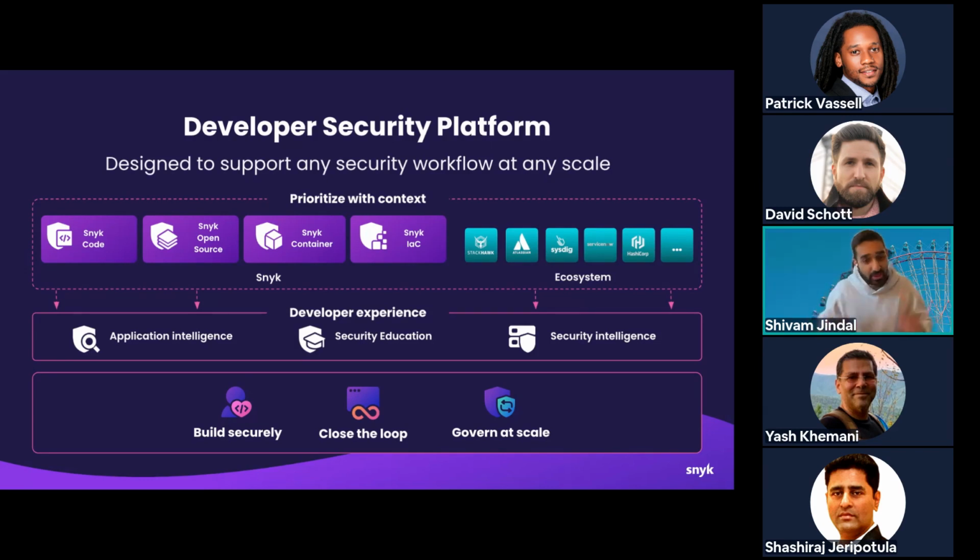And so we can scan these different aspects of an application, as well as work with a range of different industry partners, to provide additional insight. And that's really where the HashiCorp integration, of course, fits in as well, which I'll touch on in a little bit. Talking a bit further about the Snyk platform, like I said, we have these 4 scanners, which scan first-party code, open source libraries, containers, and infrastructure as code.